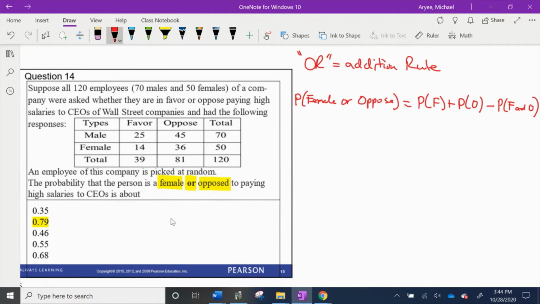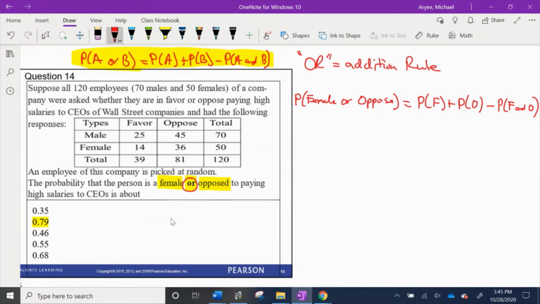Because probability of A or B is probability of A plus probability of B minus probability of A and B. So this is very, very, very important. All right, even though all your tests are open technically, it is good to memorize this formula. Anytime you see "or", this is the formula you're going to use. No other formula. This is the only thing you're going to use. All right. So "or" means P of A or B means P of A plus P of B